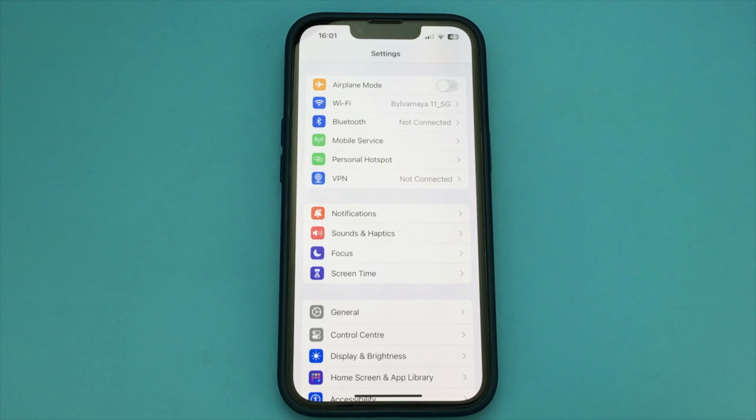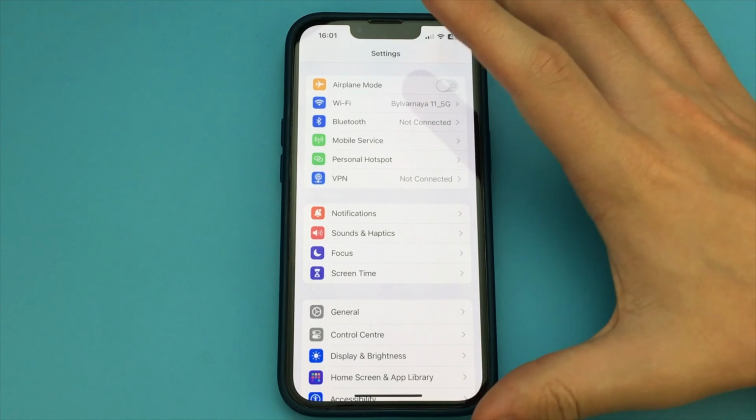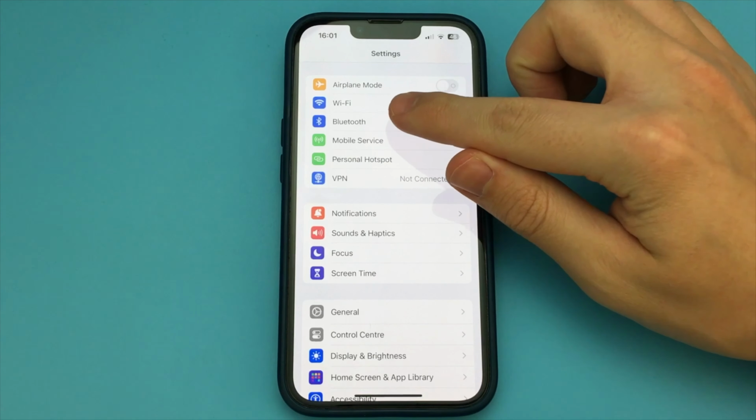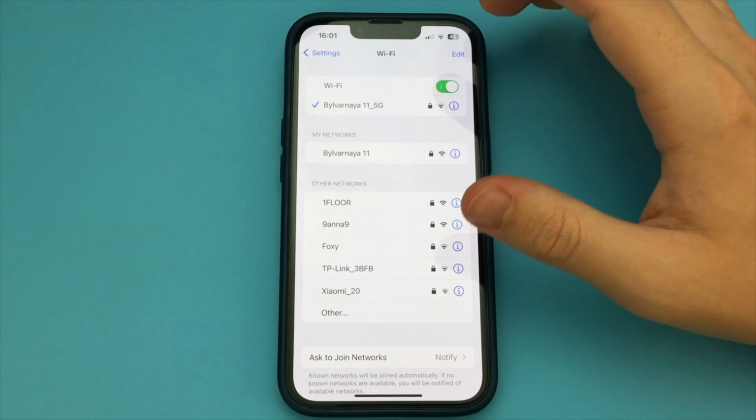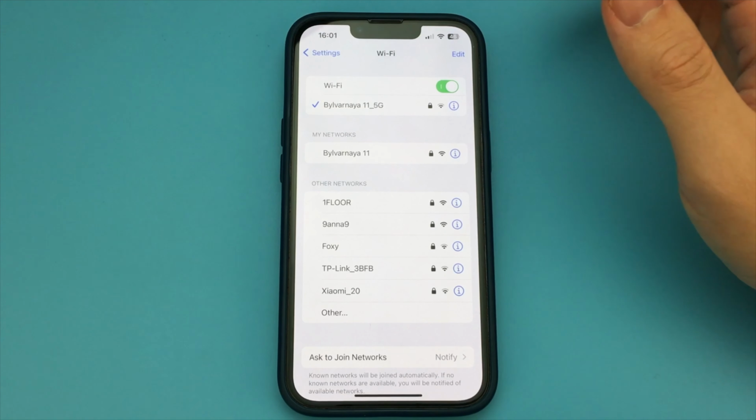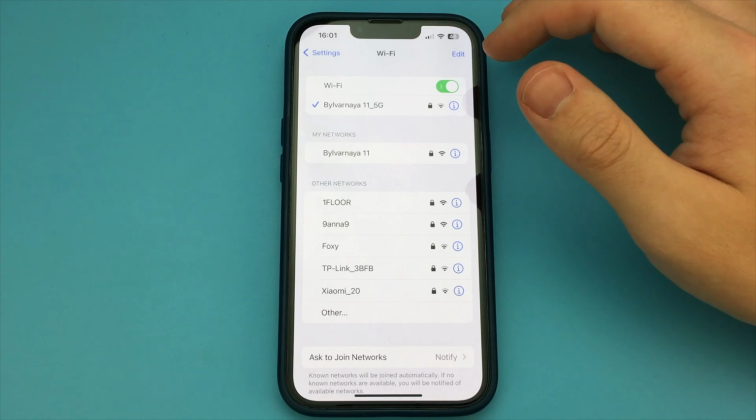Thank you. In this video I want to show and tell you how to remember the password to your Wi-Fi. If you have iOS 16 and above installed, then this method will work. So if you need to know the password, then update to a later version of iOS. We will be able to find out the password from any network that we were already connected to. So this is the real way.